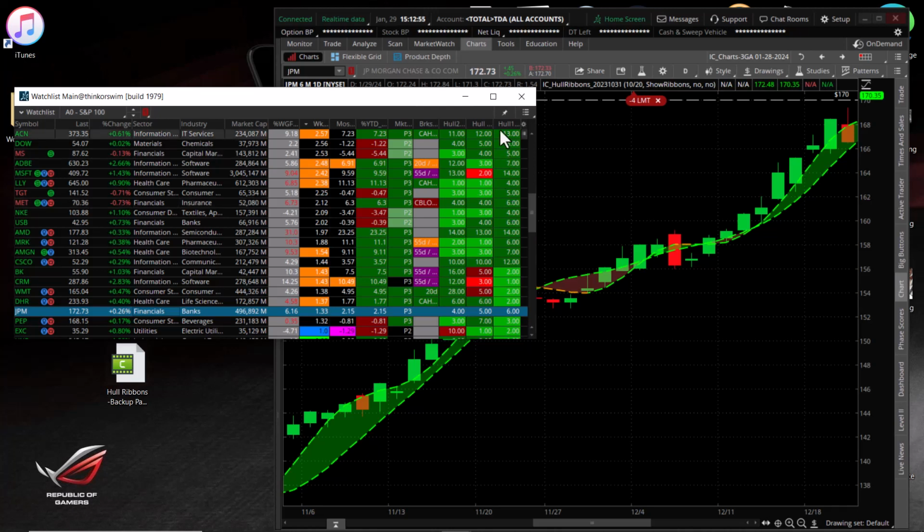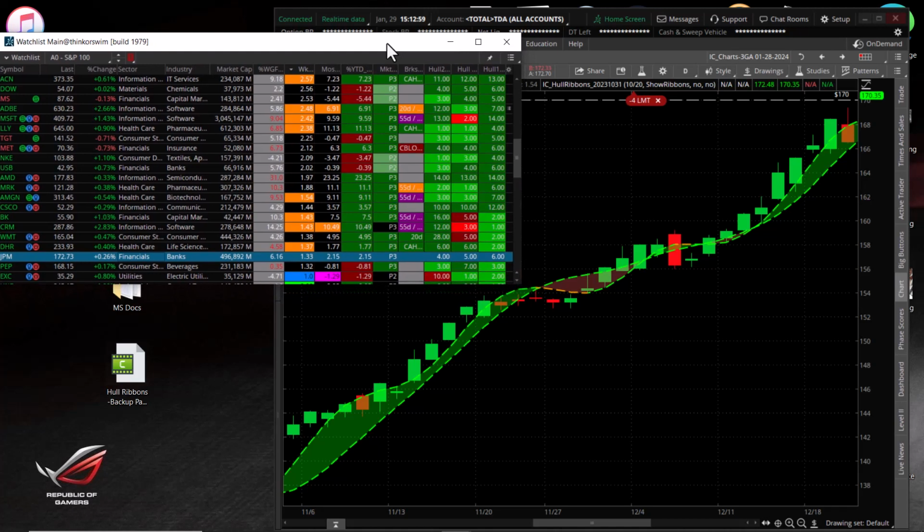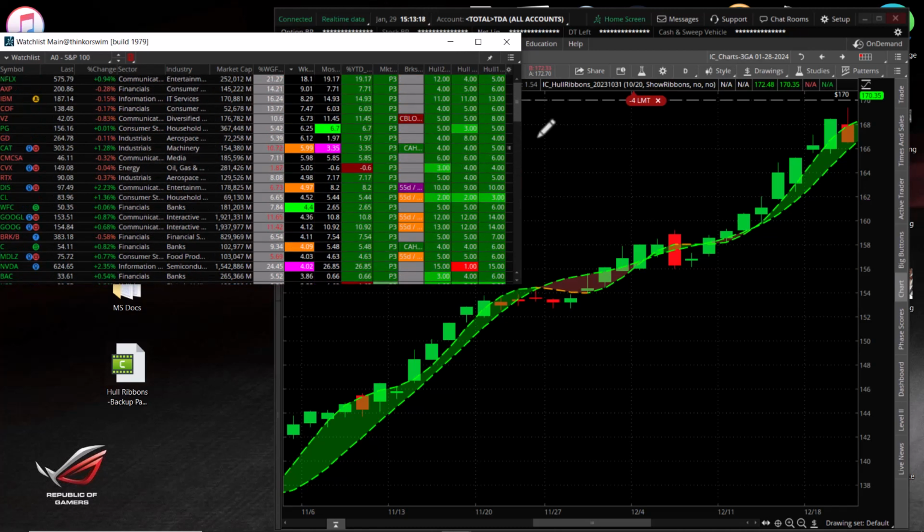The only way that you can really learn and get a feel for how this thing works is to actually do it. You have to go through the process and convince yourself that you in fact can analyze what's going on with the hulls by looking at it on the watch list. And as soon as you see that, you begin to look over here and you see what happens if you see a